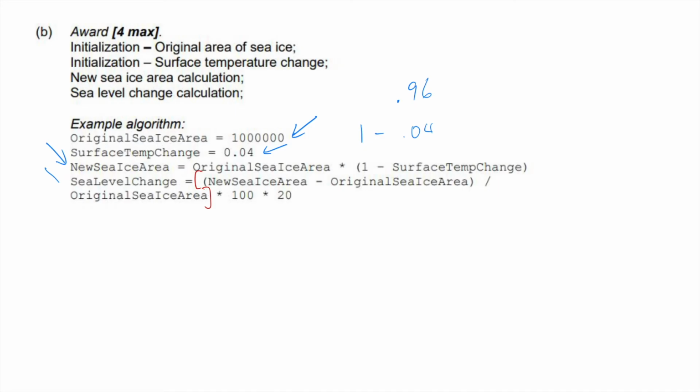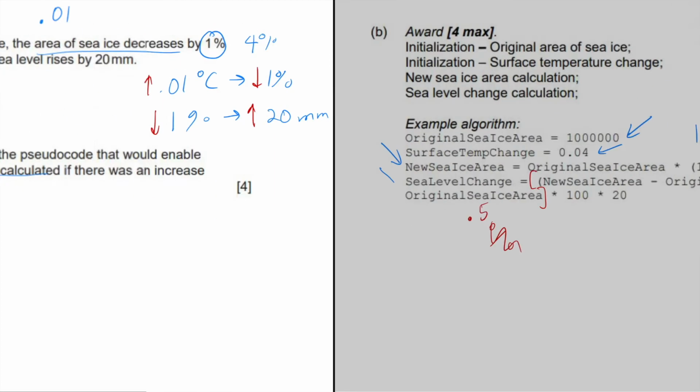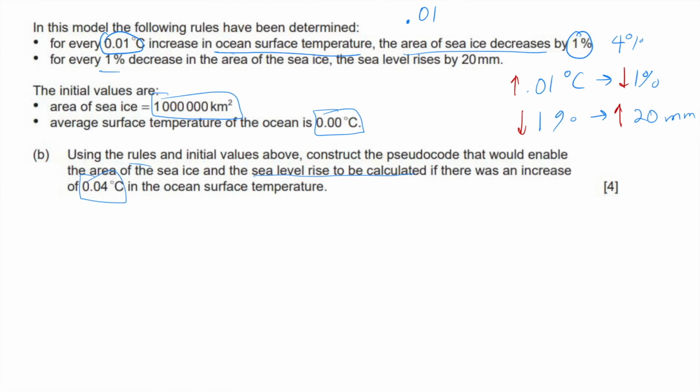So that's going to tell us how many percent of a change. It's going to give us a decimal actually, so it's going to give us point something. Maybe we could say, for example, 0.5. And what we actually want to end up with is, construct the pseudocode that would enable the area